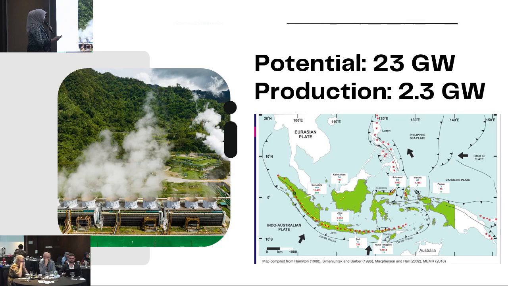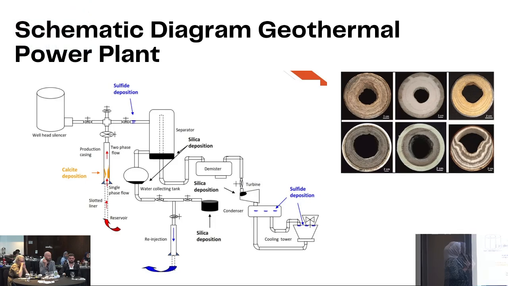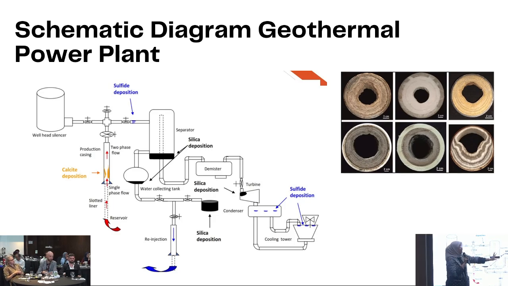Okay, next. But again, despite all its goodness, because it's a renewable energy and has less emission compared to fossil, they also have several problems when we are producing geothermal, because what we extract is not pure steam or hot water or brine. There is also additional minerals that comes with the production of steam. As you can see, there are sulfide deposition, calcite deposition, and then there is silica. And that's not a pretty picture inside of your pipes when you're producing the geothermal fluid. So this is an issue in developing geothermal power plant.